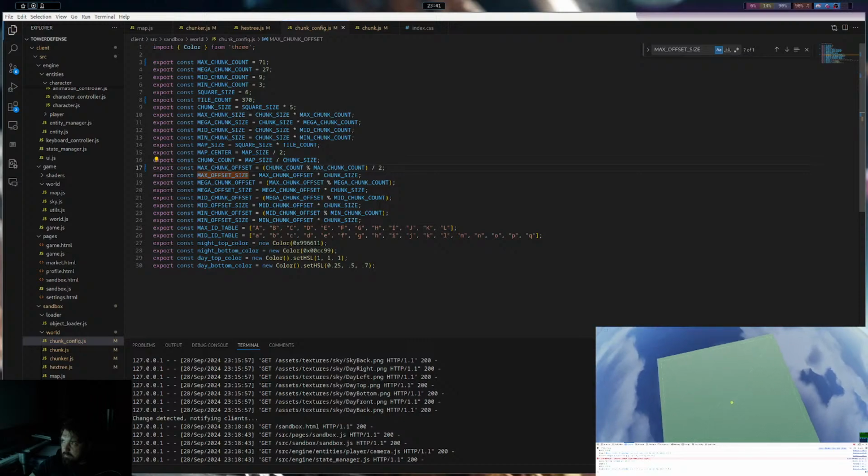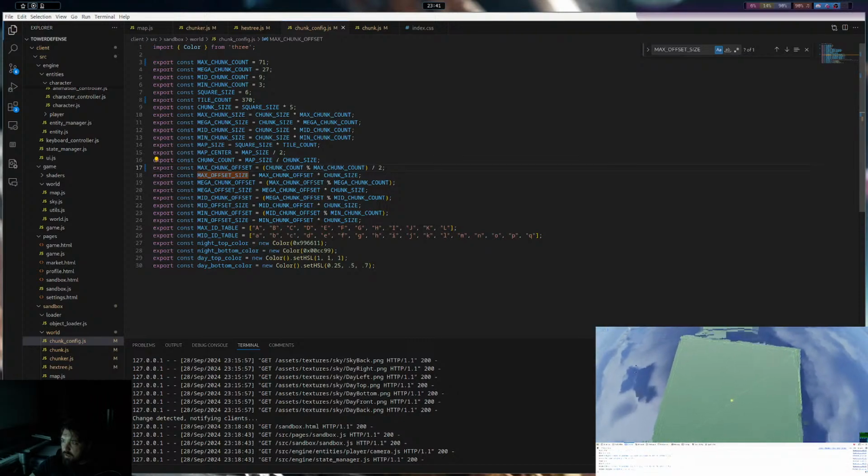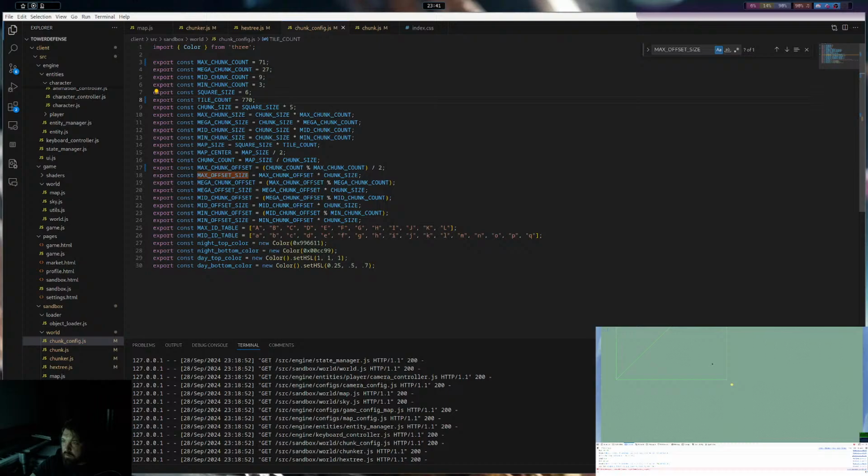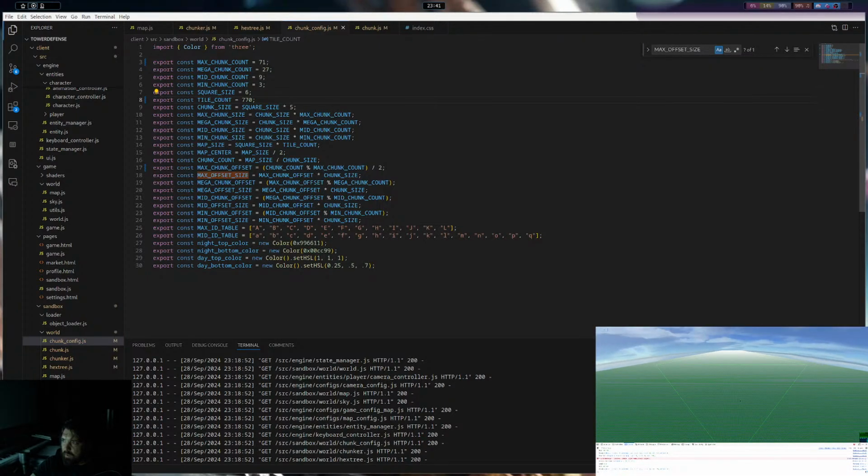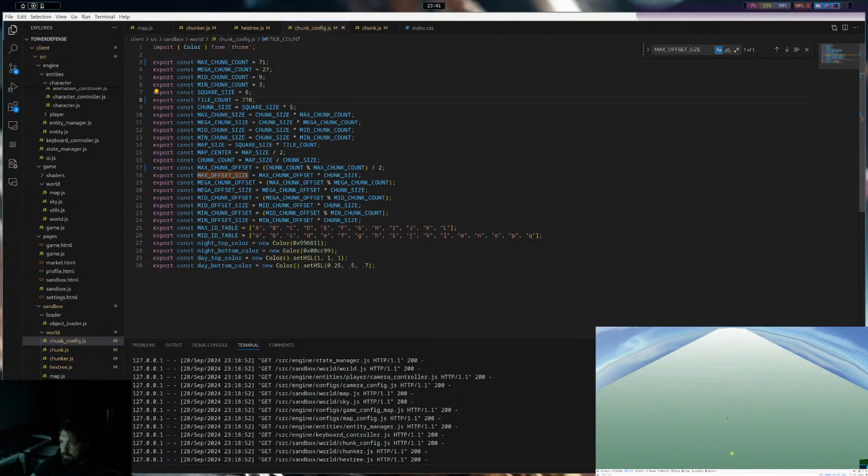That straightened it up. This still isn't right, because if we have 71 chunks, maybe that is right. If we have a map of like 700, okay, I see. Yeah, we're having problems because the map chunk is so big. If we make this chunk size a lot smaller.